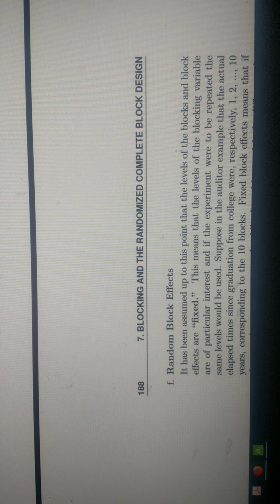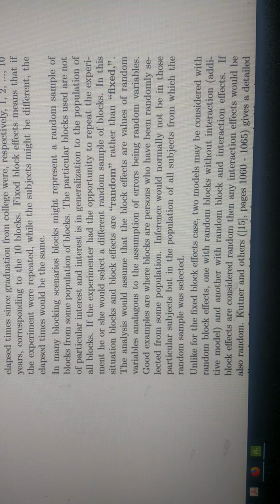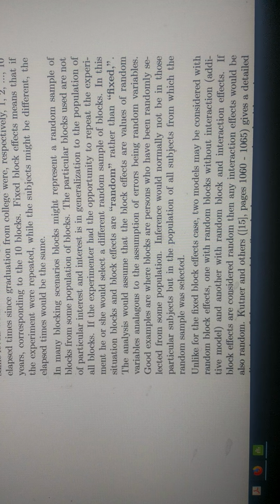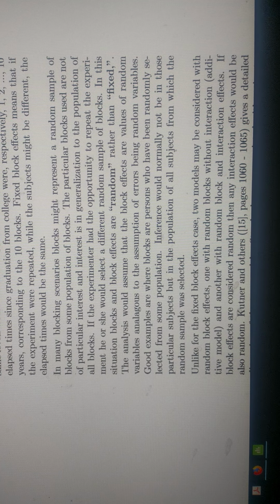We're going to talk a little bit about random block effects. We've talked a little bit about the difference between a fixed factor and a random factor. In a fixed factor, all the levels of interest in that factor are of interest to the investigator. You really care about the actual levels of that factor that you used in your study. In a random factor, and this could either be a blocking factor or a treatment factor, more typically for blocking factors, but it could be for treatment factors as well,